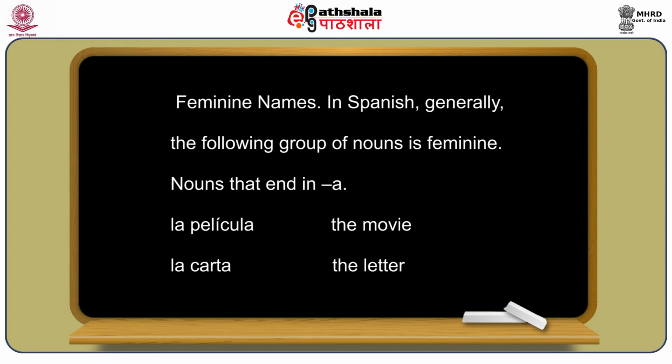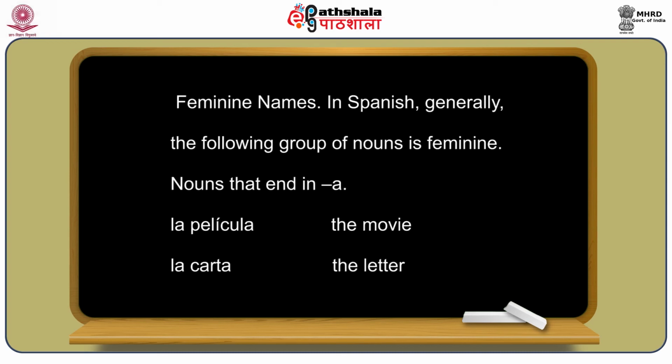The group of nouns is feminine. Now all those nouns that end in a. So nouns that end in o are masculine, and nouns that end in a are feminine. For example, película, ending in a, is feminine, which means movie. So la película. Same way, carta, ending in a, that's why it is feminine, and it will be la carta,